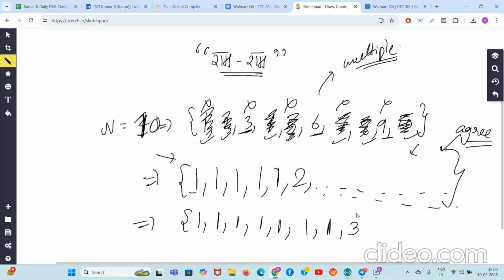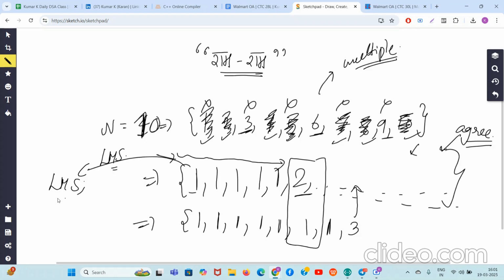Why? Even though 3 might be bigger than the number here, for LMS we always check from left to right, right? If you go from left to right, this is the first place where they are not matching. And 2 is bigger, so this is still better in an LMS conceptual way. Hence proved, you should always try to bring 2, because if you try to bring 2, it will win in the LMS race. 2 will come on the left hand side of the sequence earlier than 3, 4, 5, 6 comes. So it's always better to delete the odd numbers and get 2 very quickly.